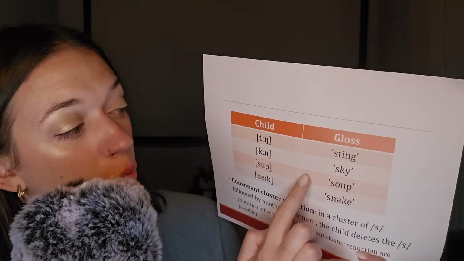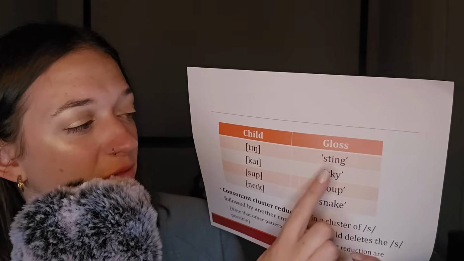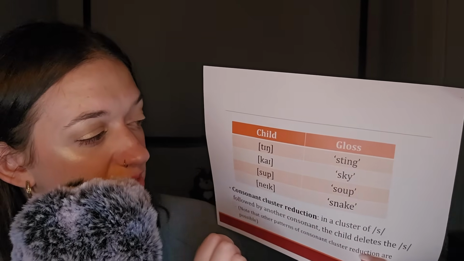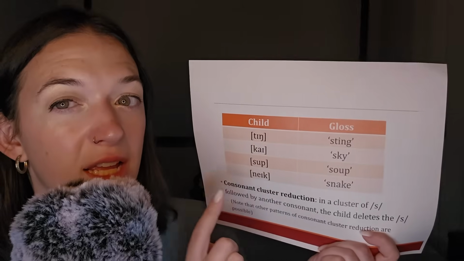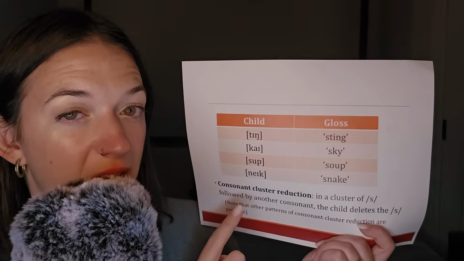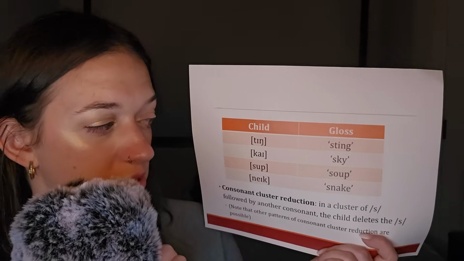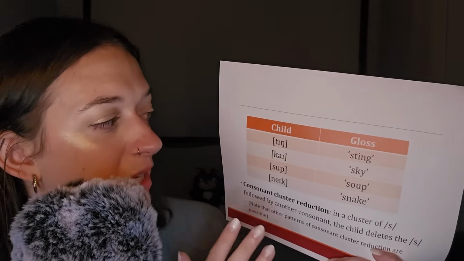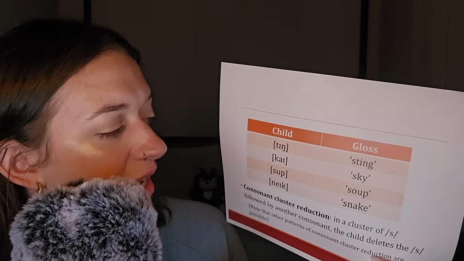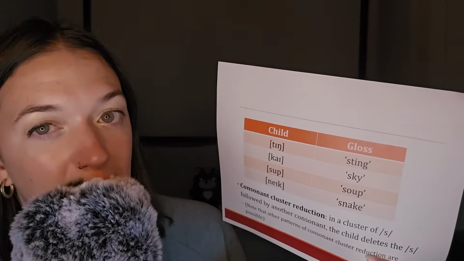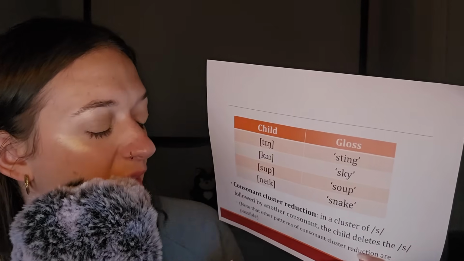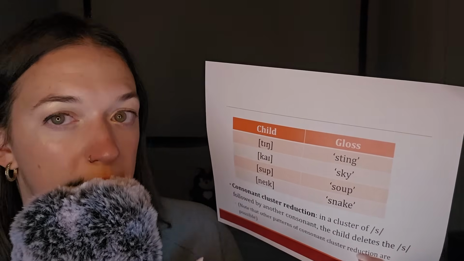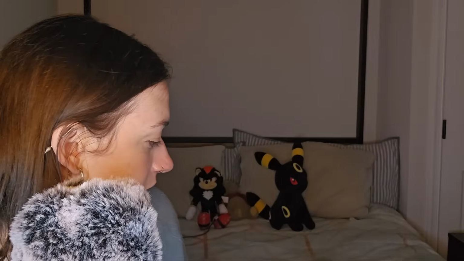So they have acquired S, they have acquired that fricative sound. However, it is often omitted in consonant clusters. So sting becomes ting, sky becomes kai, snake becomes nake, but they can say words like soup. So that's a lot of different ways